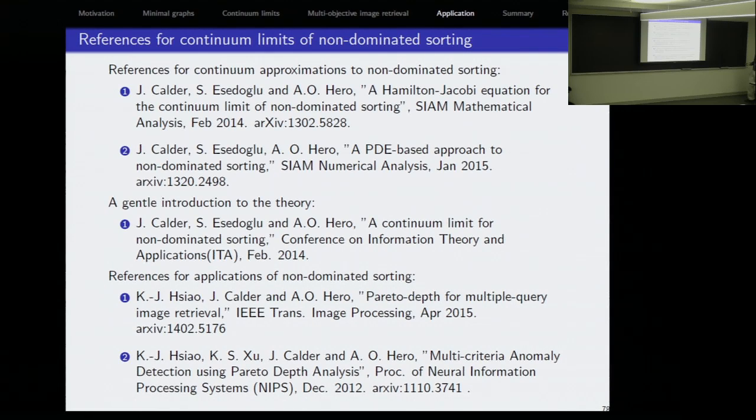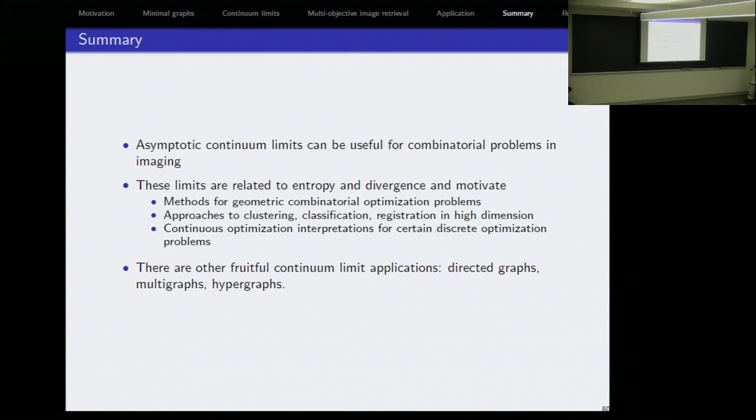This theory is introduced in this conference on information theory and applications. These are the hard math papers in science. Okay, so that's really all I have to say,